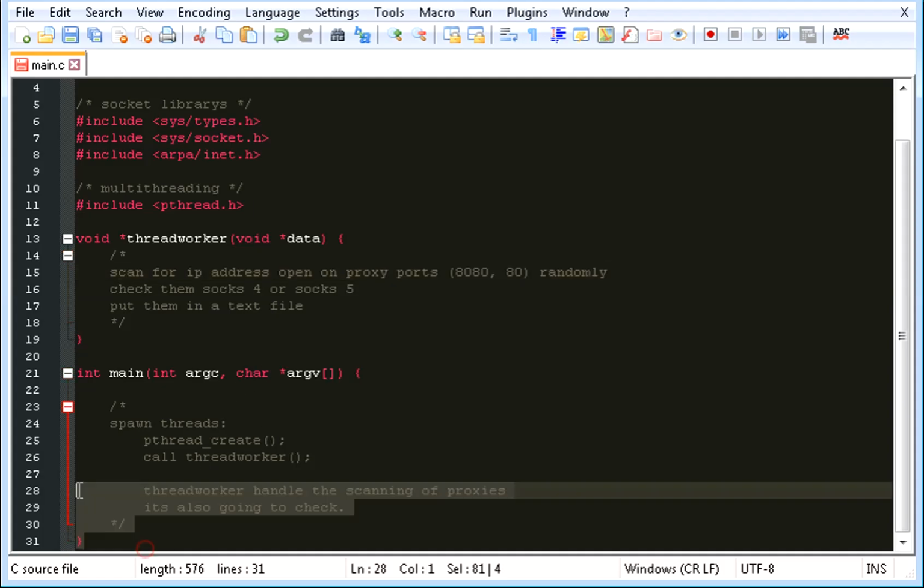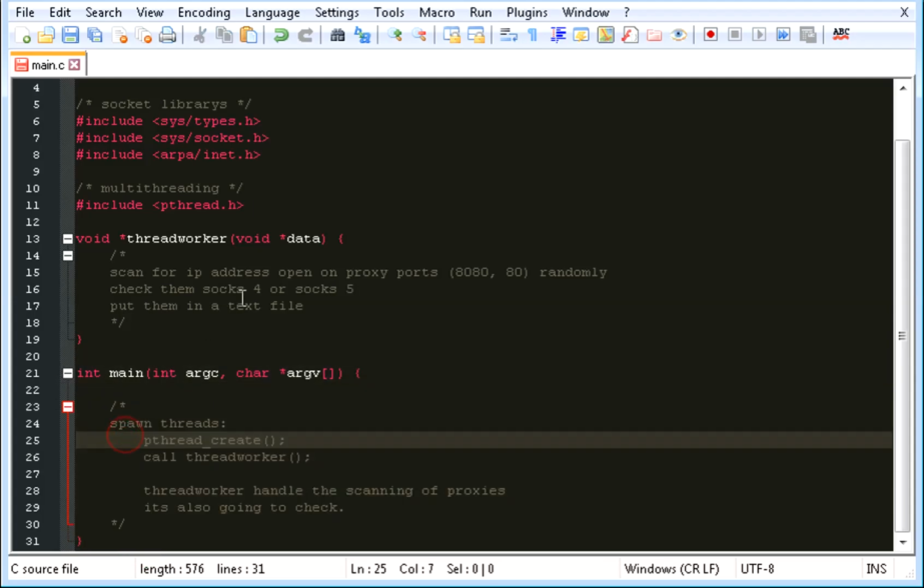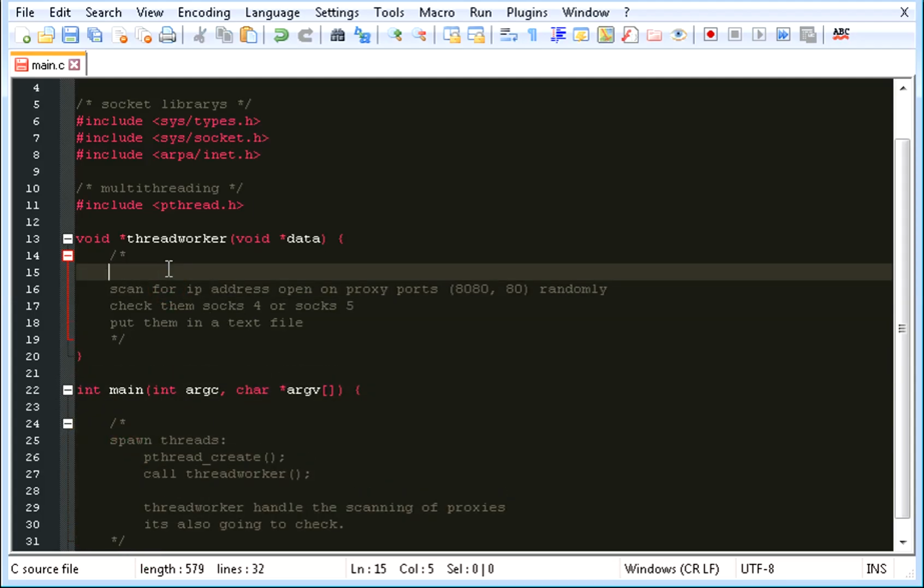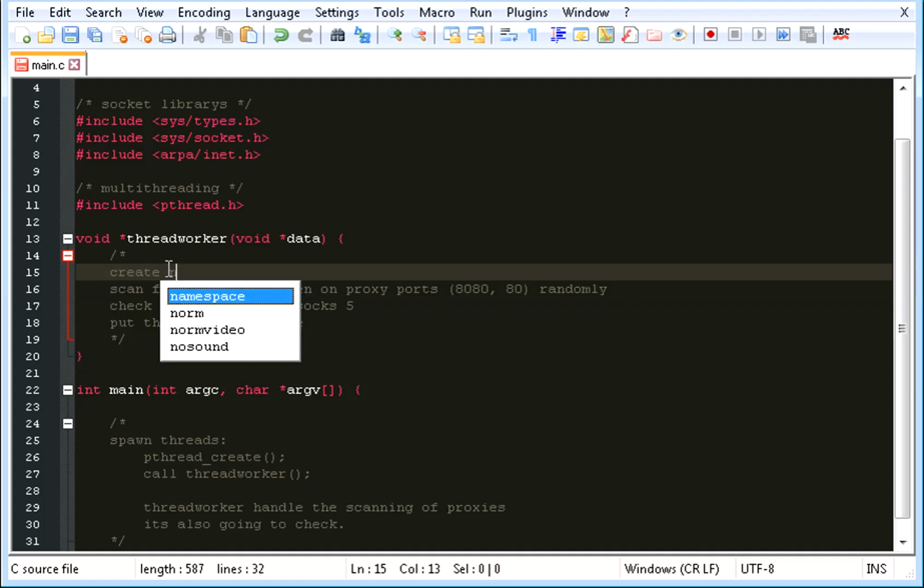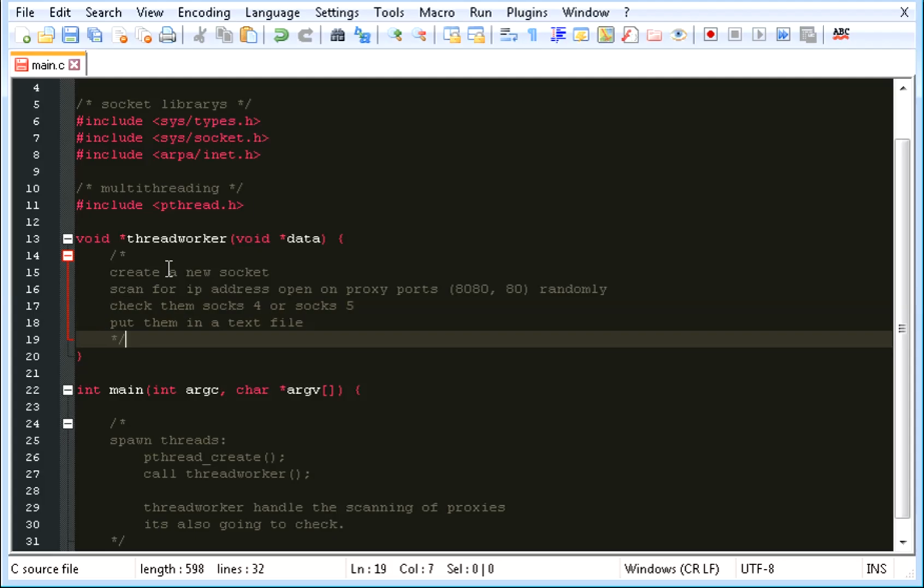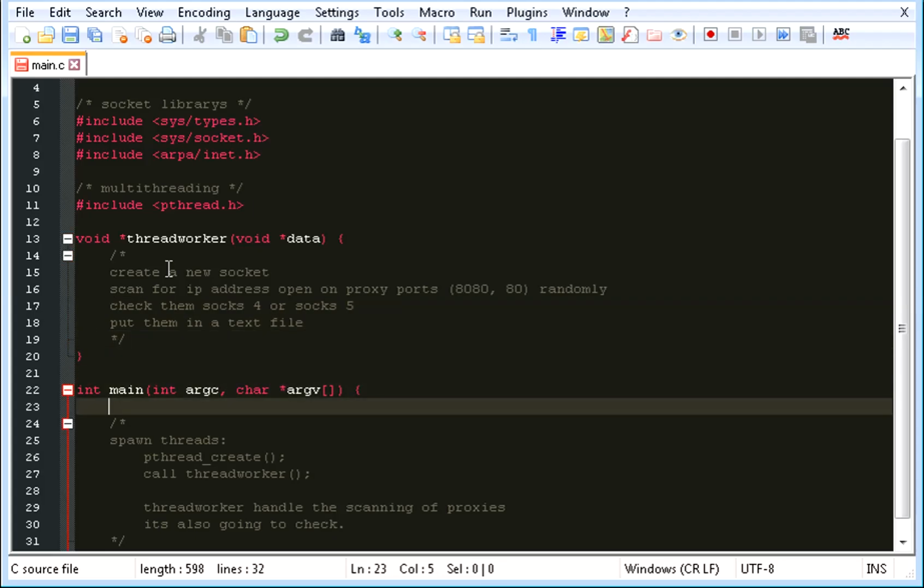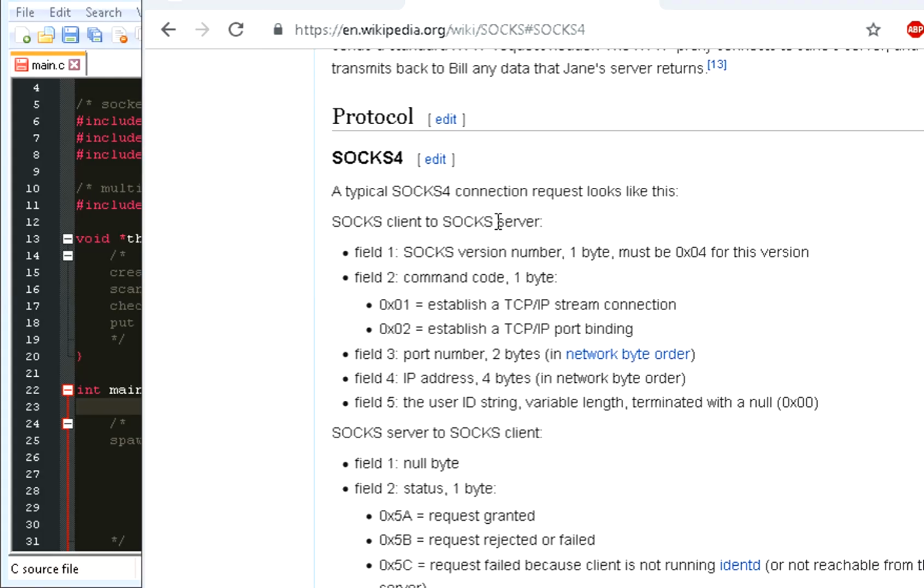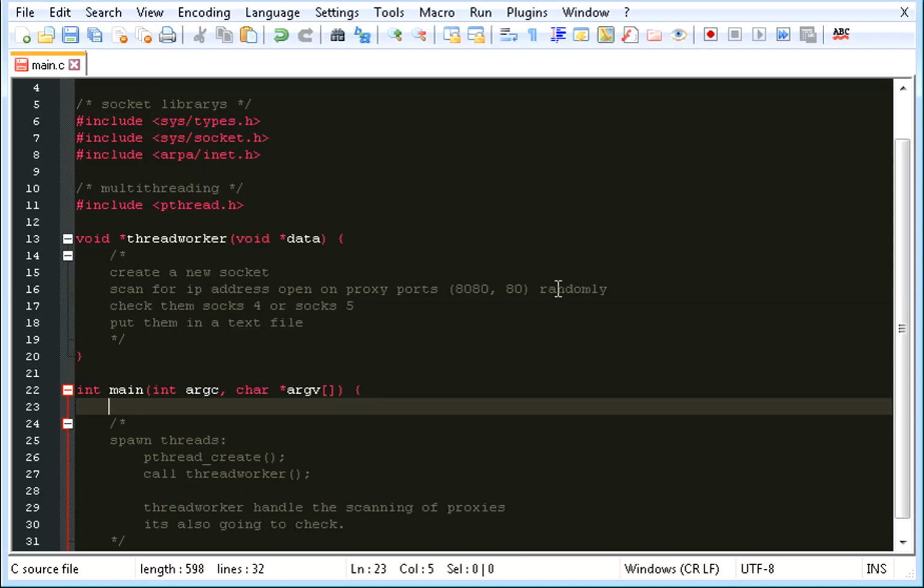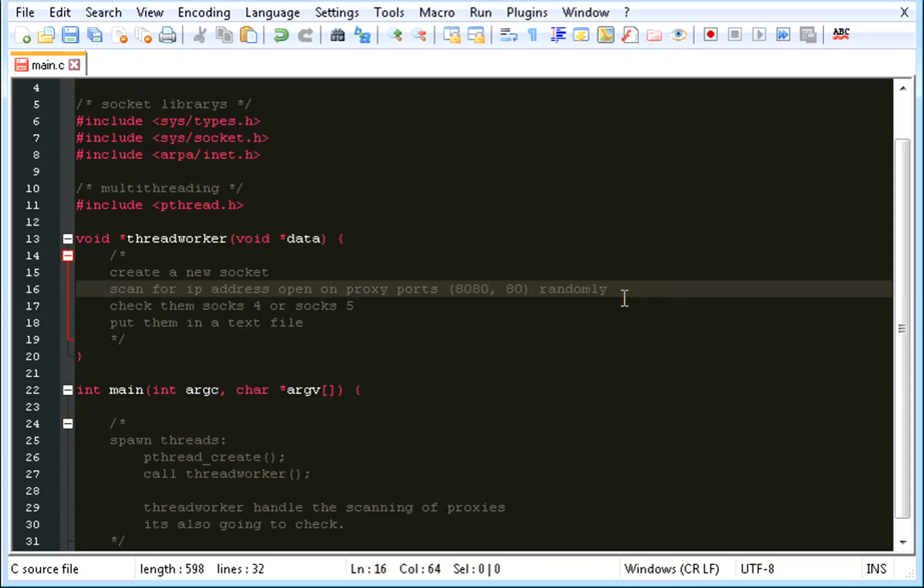2 functions. Well, there would be more, but in here you would create a new socket, see if you can connect on port 80 or port 8080, and if you can, basically what you would do is check it using the guidelines in the Wikipedia page, and then you would